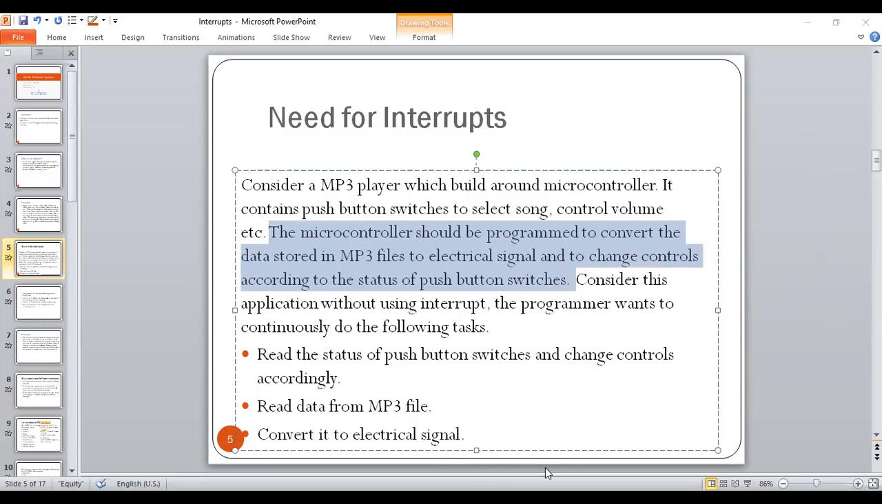So afterwards, what you have to do is, when your MP3 file is converted to electrical signals and it is playing, using the controls you can take control of that. That means you can adjust the volume, you can select songs. So likewise you can do a lot of controls in there, right? So therefore,